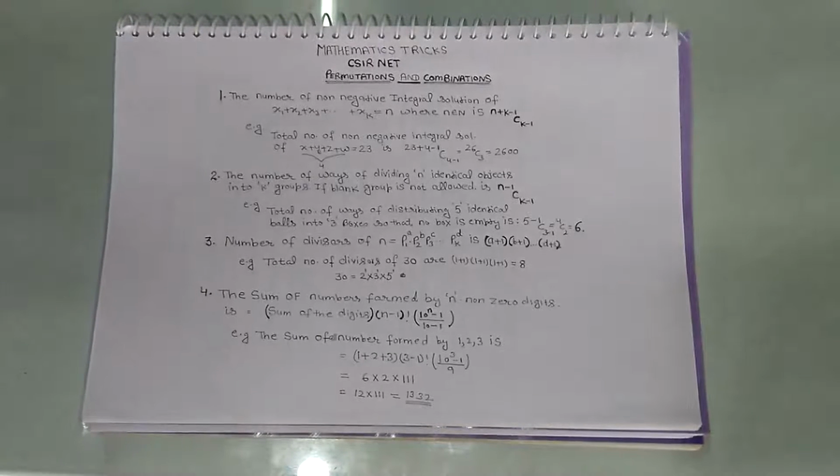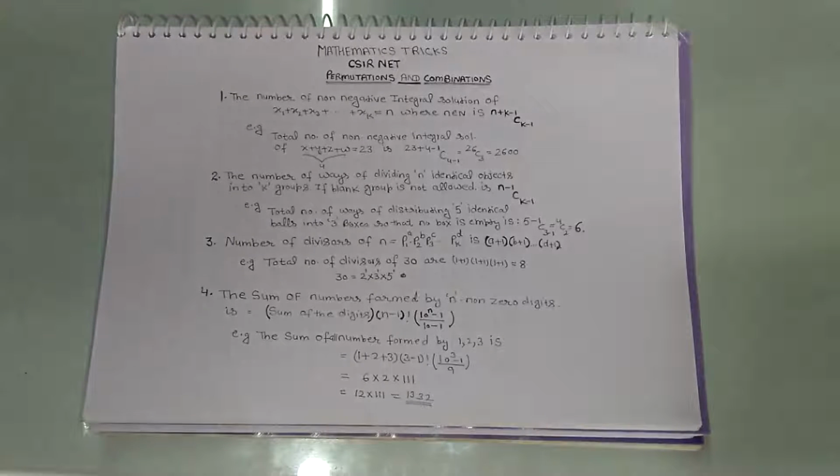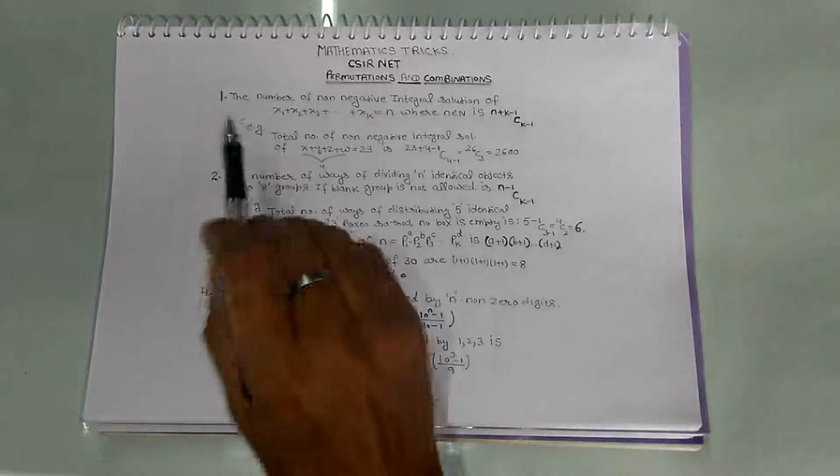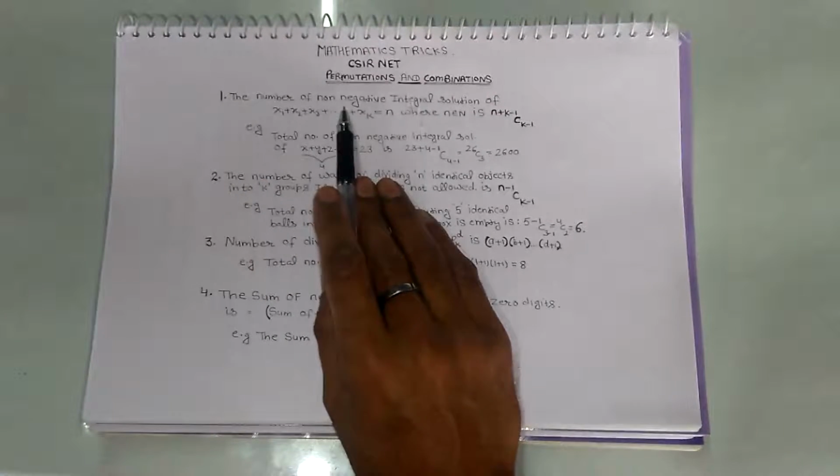Hello friends, today I am taking up some important tricks regarding permutation and combination. These tricks are very useful for CSIR NET, and one of them is the number of non-negative integral solutions